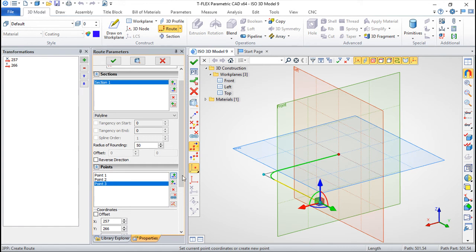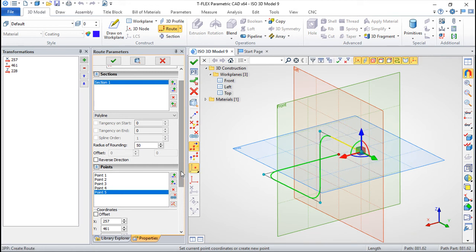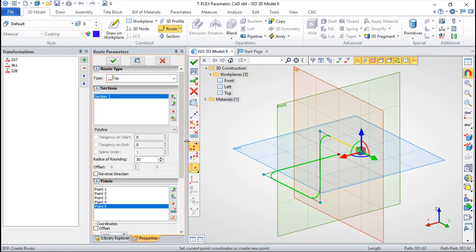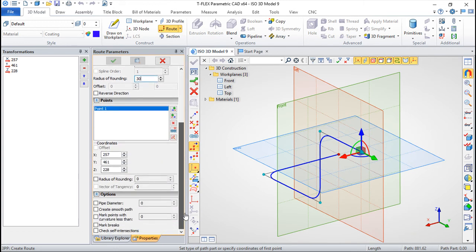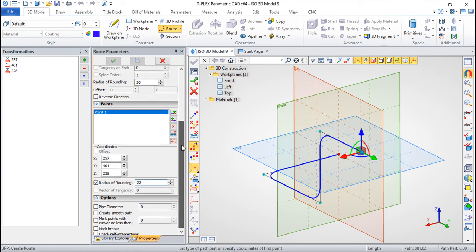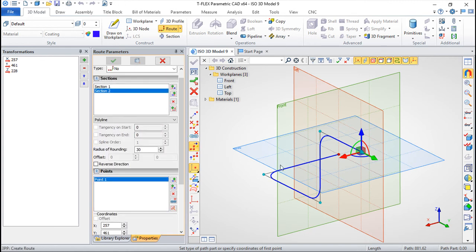I can continue adding new points. Okay. And I can define also new sections. And in this particular section it's already created. So I can say, for example, in here a different radius. I can add also a different radius in here, and starting a new point,